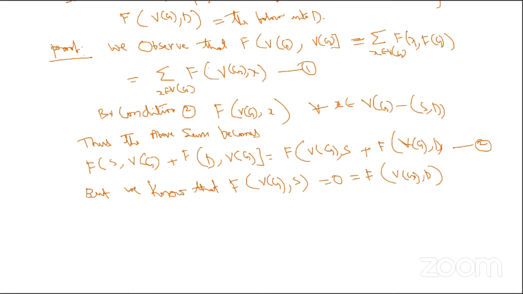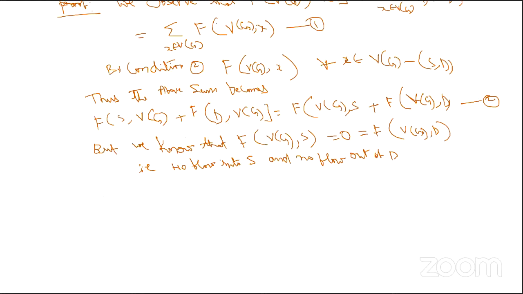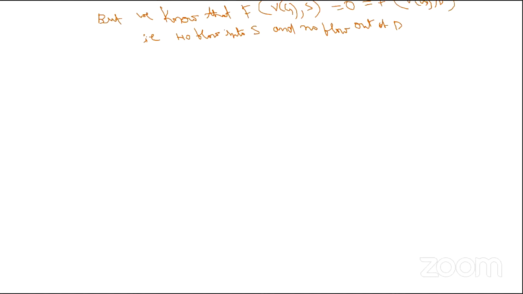Therefore, there is no flow into S and no flow out of D. That means no flow into S, and no flow out of D. So by theorem 12.0, we have